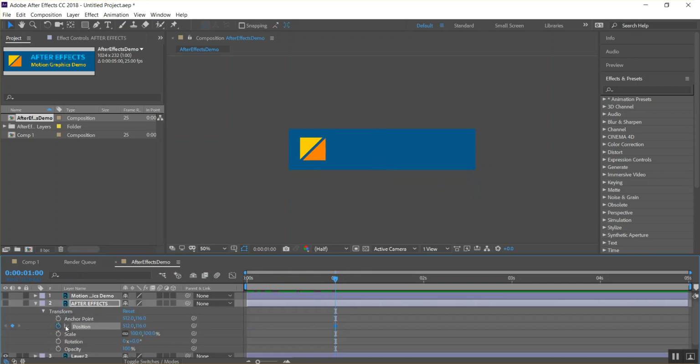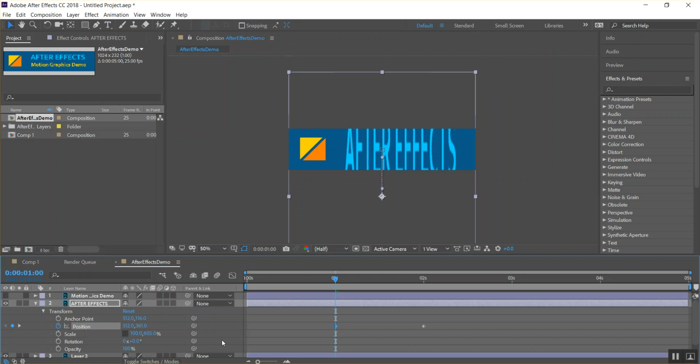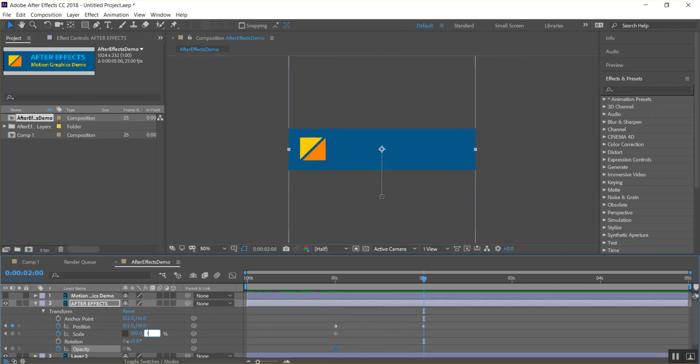I'll come to the text. So the text I'm going to sort of animate as well within 1 second. But when it comes to the starting point, what I'm going to do is I'm going to not only move it up, I'm also going to scale it up. Now there's a link here, which means that if the link is on, it will scale up in X and Y equally. But if I remove the link, I can scale it only in Y. See that? I can scale it in Y. So I can give the scale a keyframe and I'll give its opacity a keyframe. And when I come to this frame here, my scale will be 100 and my opacity will be 100. So from 0 opacity to 100 opacity, and you can see that stretch. So After Effects,